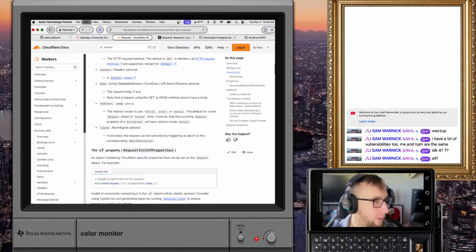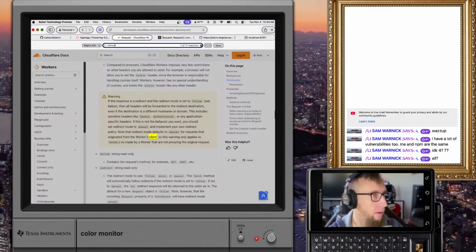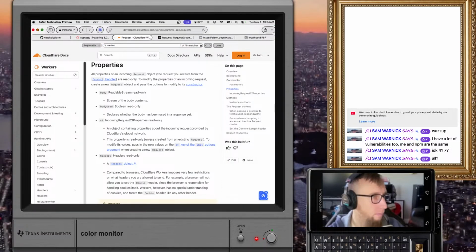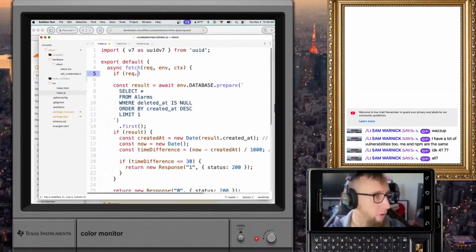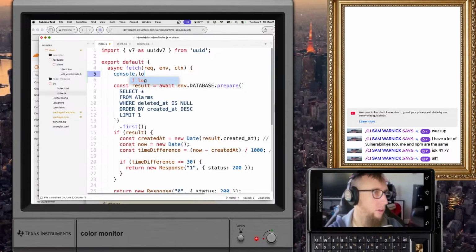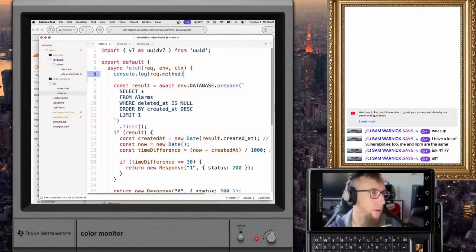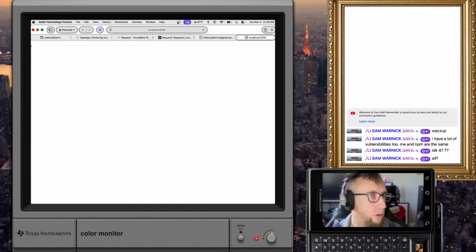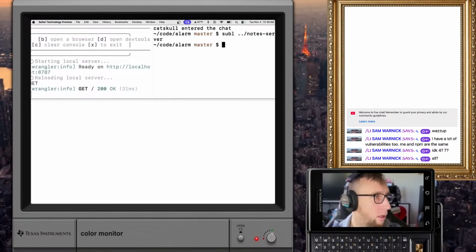Is there a method? Method. So can I just say console.log request.method? How about that? Reloading server. GET.